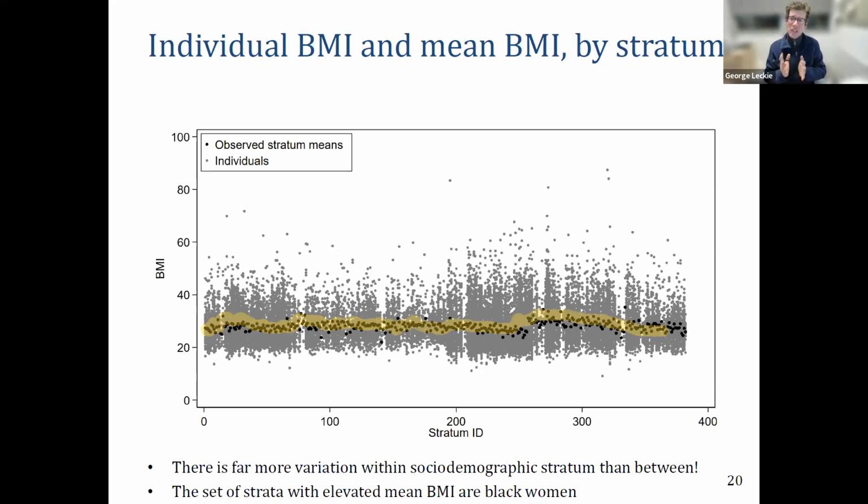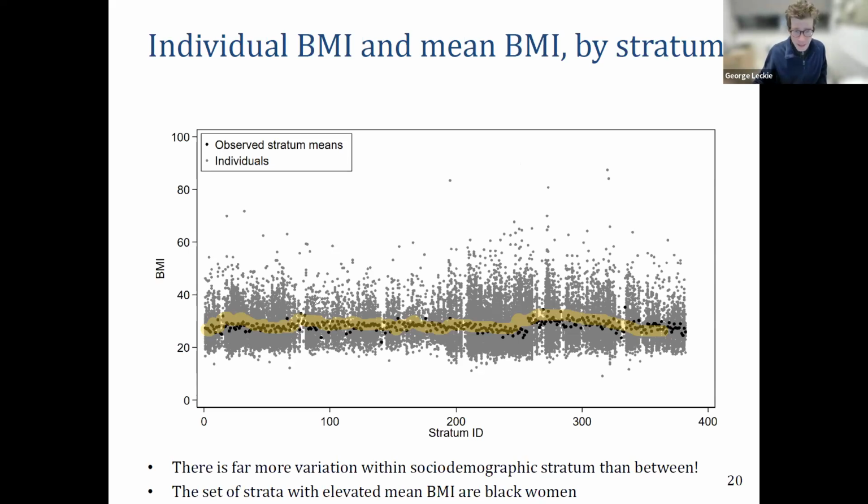So that gray variation is individual heterogeneity. And remember, MAIHDA is multi-level analysis of individual heterogeneity, the gray, and discriminatory accuracy. We're interested in the ability of the model, and here it's going to be the stratum membership, to discriminate between individuals, to be predictive of individual BMI. So we're going to have limited predictive power, clearly, of stratum membership here. Nevertheless, it's still going to be interesting to study these differences, but it's important to bear in mind the substantial within-stratum variability.